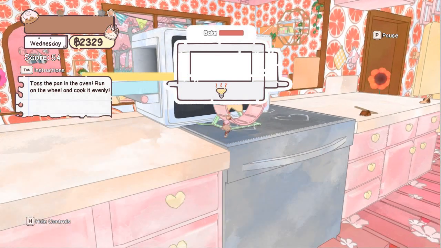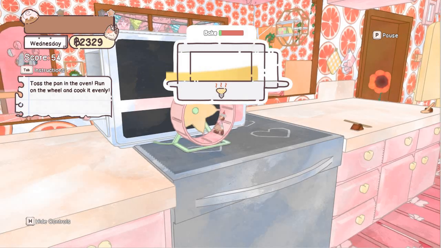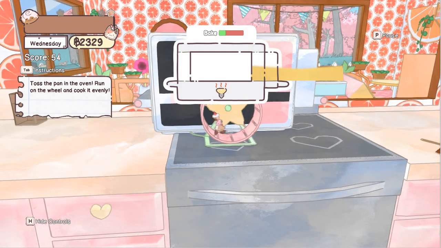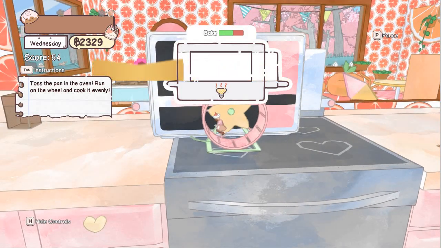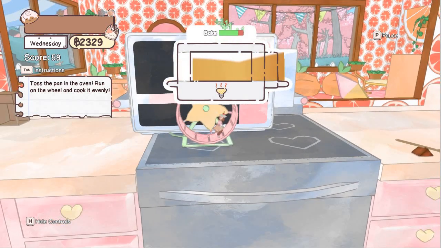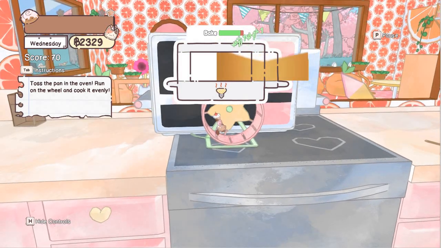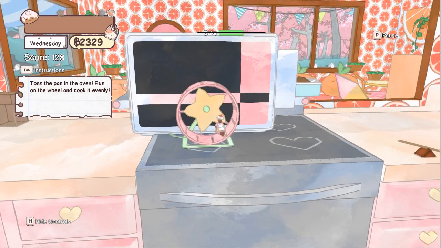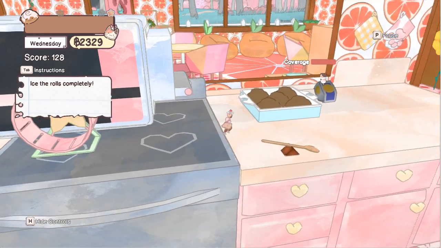We're gonna run over here and we're gonna run on this mouse wheel to bake our cinnamon rolls evenly. Now you can try to stop in the middle and have it rise up or whatever, if that's what you want, or you can try to get it all in one pass. I just like running back and forth. That's my own thing. So they are considered done when they start hitting the top, you'll notice, but you'll have that bake bar, and the bake bar will